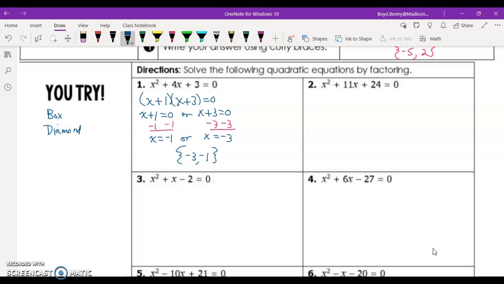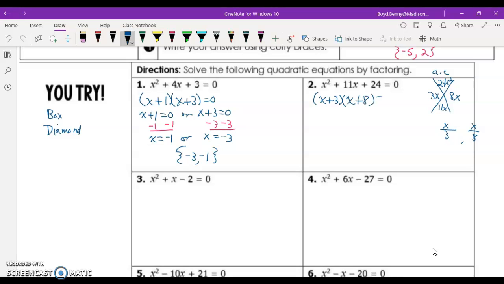So number 2, let's see, this one's not coming to me quite as quick. So let me go ahead and factor it like we've done in the past. If I multiply a times c, that's going to be 24x squared, and that has to add up to 11x. I believe that's going to be a 3x and an 8x. If I use the diamond method, that would mean I would have an x over 3 and an x over 8. And since I can't simplify those, that would give me x plus 3 times x plus